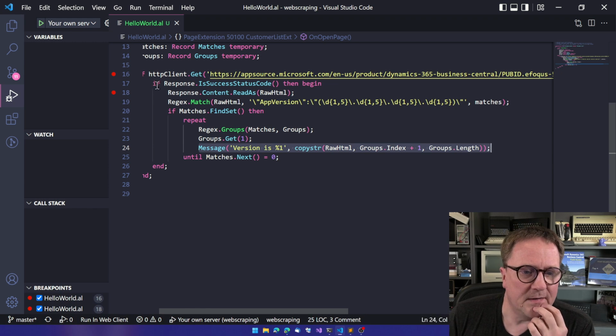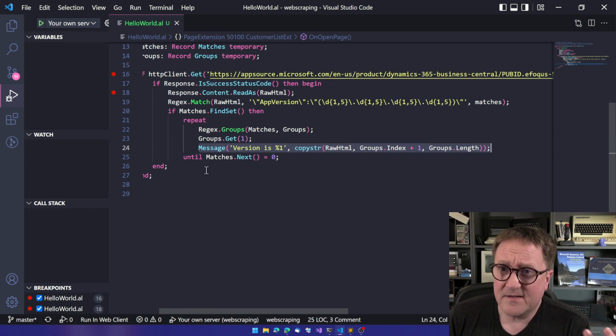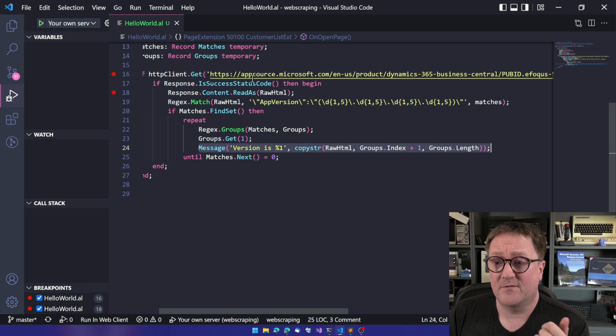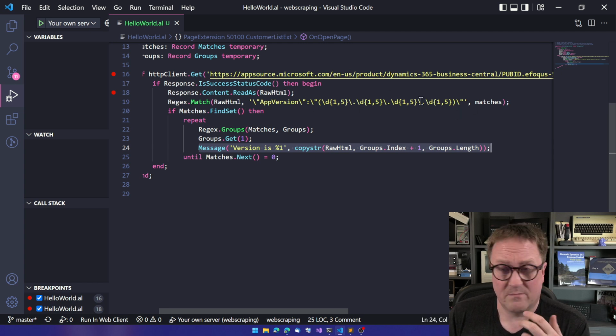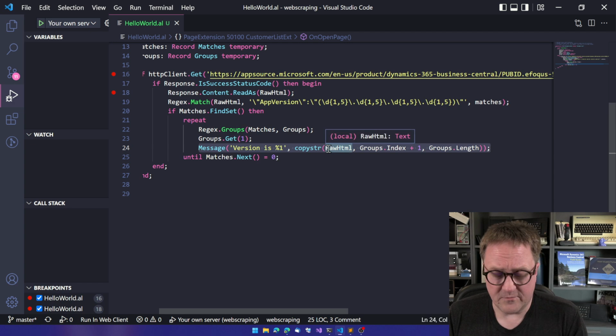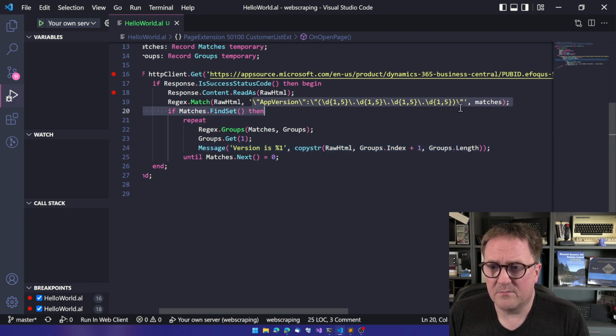So in 10 lines of code with no error checking, we actually just grabbed a random page of a web server, used regex to locate something that was very locatable, and within that we created a pretty nice